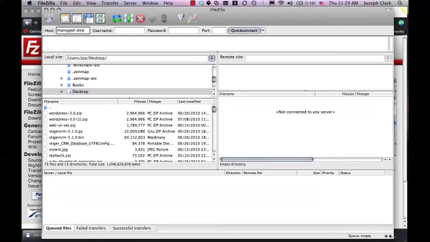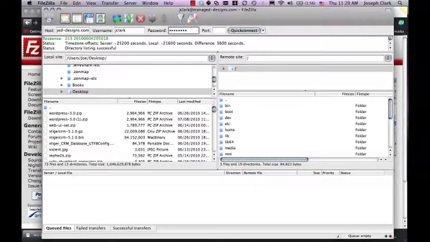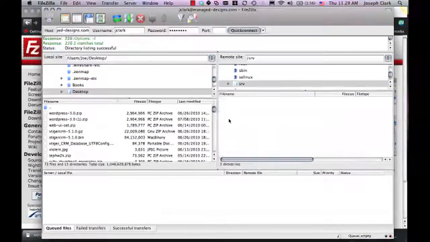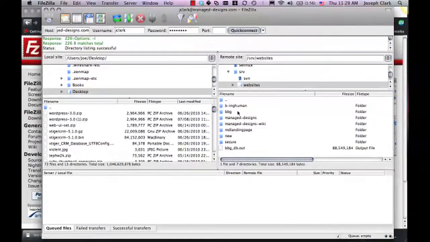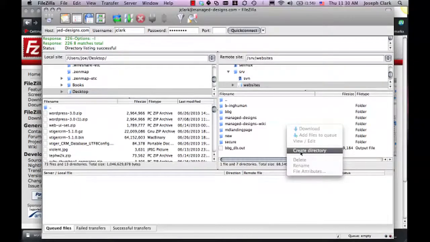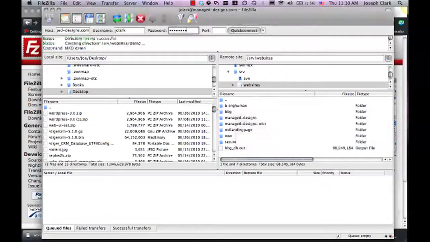So in this case, my FTP is manageddesigns.com. Type in your username and password and log on. Then you're going to want to navigate to the directory that Apache uses as its root to serve your website. So in this case it's in serve websites, and I'm going to create a new directory called demo,